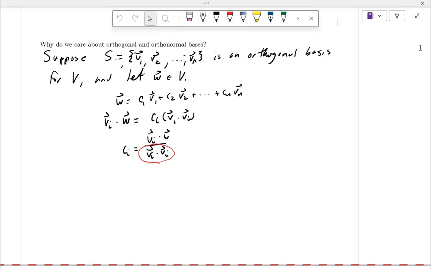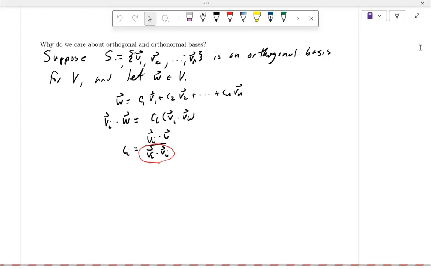So if we have a basis, just to mention what we talked about right at the end of class last time, if we have a basis, orthogonal or not, the idea behind something being a basis is that anything in my vector space I can write as a linear combination of the basis vectors. We've talked about that before. If it's orthogonal,